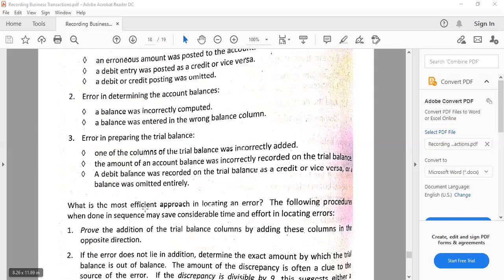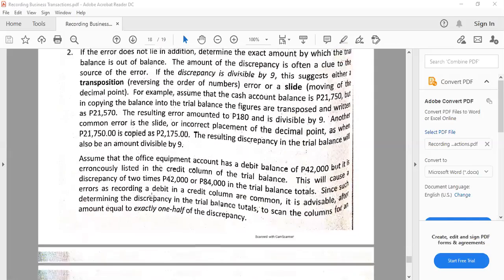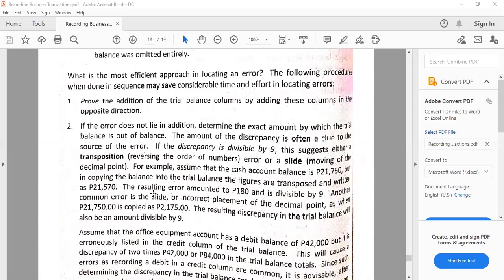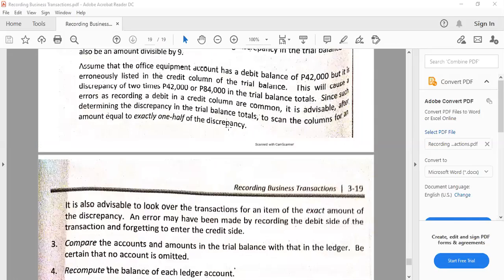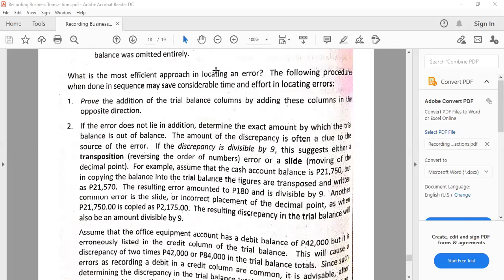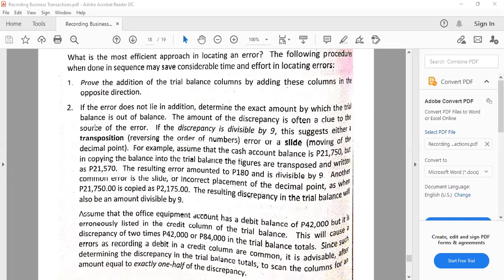All right. Here are the tips from the authors, although I've mentioned them once again. What could be the most efficient way? Again, we do the backwards direction. I would just pick the important parts from here for you to be guided. One, that's done, footing the trial balances for the respective columns.